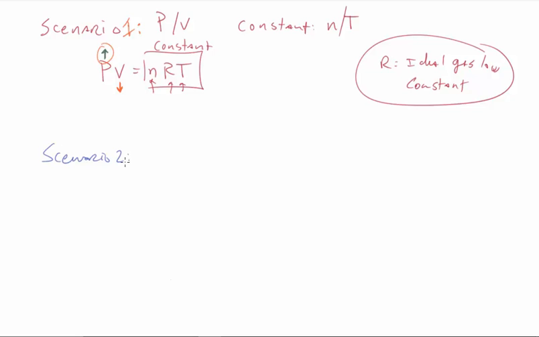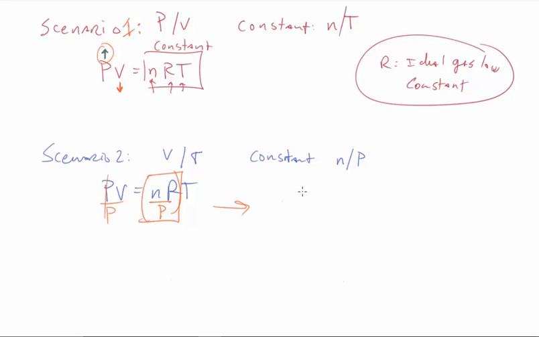Scenario 2, what we want to take a look at is what happens if we are going to vary volume and temperature, and we are going to hold constant the number of moles. So what we're going to do is start out with the same equation, PV = nRT, and do a little bit of creative rearranging here. Since I'm going to keep pressure constant, I'm going to make this my constant value. So notice I just divided off pressure,